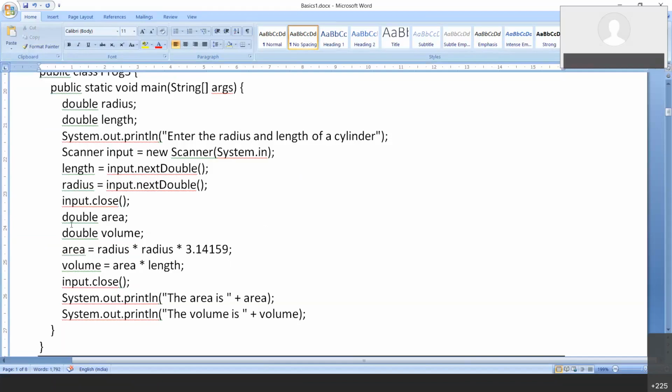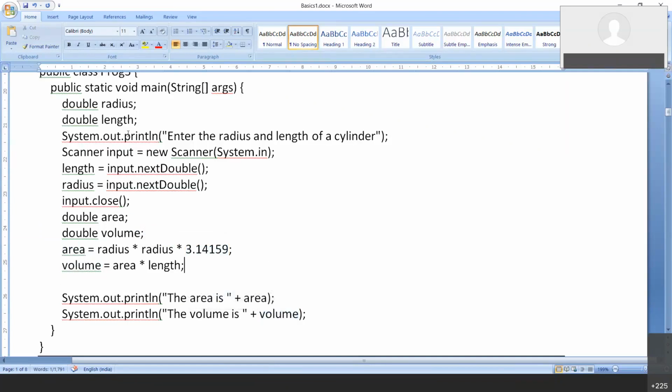Okay. So what I did, kindly look at my code. When I use the star along with the package, it means all the classes. When I use star in the context of an operator, it will be treated as an operator. So we have double area, we have double volume. We calculated the area as radius into 3.14. Okay, this is a bad practice. I shouldn't be writing something like this. I should have declared a constant. But since I haven't taught you how to declare a constant, that's why I wrote this over here. So this is the area, and I calculate the volume as area into length. Then I display the contents of the area and the volume.